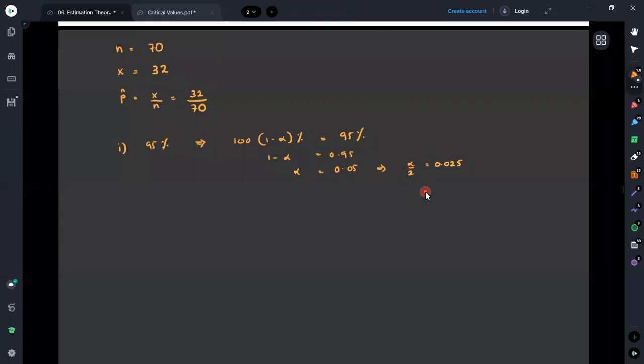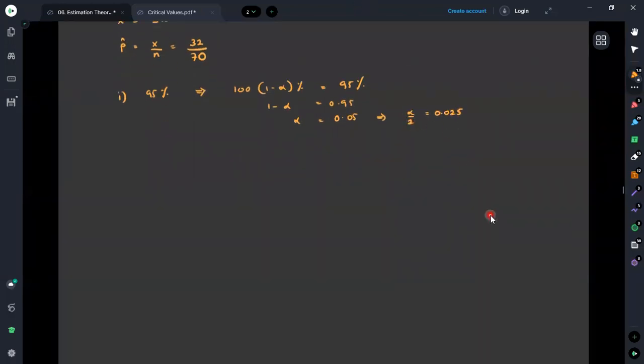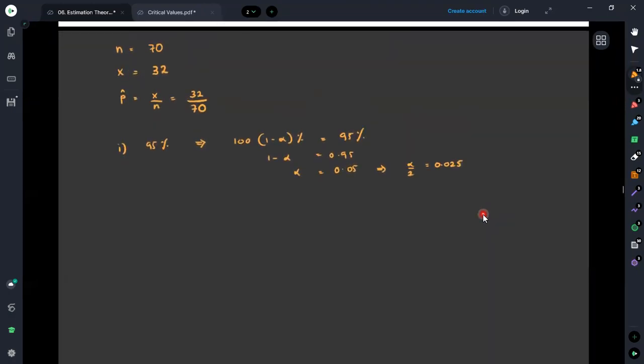Okay, here we have now found out the value for alpha over 2 according to the equation which we have to use for constructing the confidence interval. We know the equation for constructing a confidence interval for a population proportion: p hat plus or minus z alpha over 2 times square root of p times 1 minus p over n. Now, since we do not know the value for p, we can simply replace it by p hat. We know the value for n, but still we do not know the value for z alpha over 2.